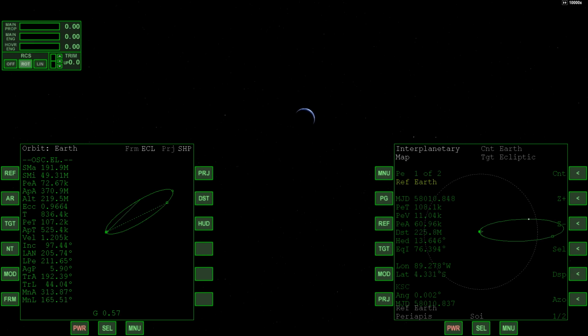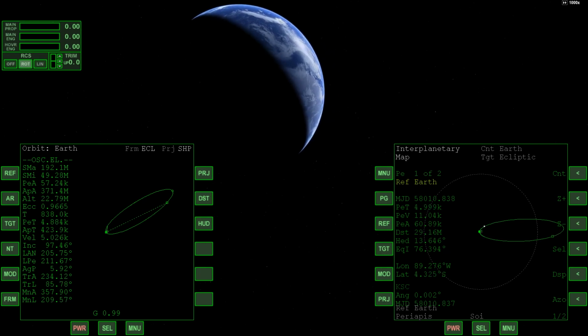So taking a look at our numbers on the map program, periapsis is shown at 60 kilometers. We may do just a slight little linear RCS adjustment to optimize our periapsis altitude once we get much closer. May not worry about that until the next part. But in this episode, we're going to take us all the way down to the Earth, but we're not going to have enough time to do the reentry, so that will be covered in the next and final episode of the series.